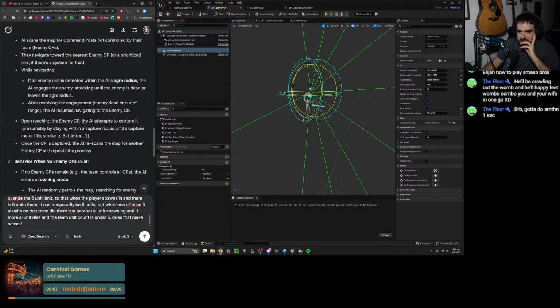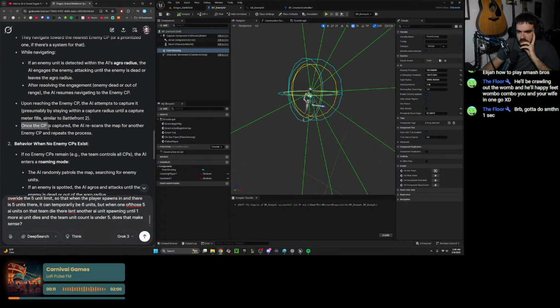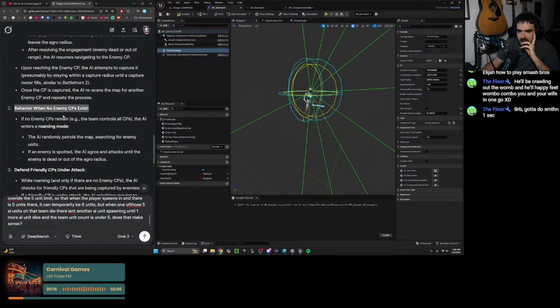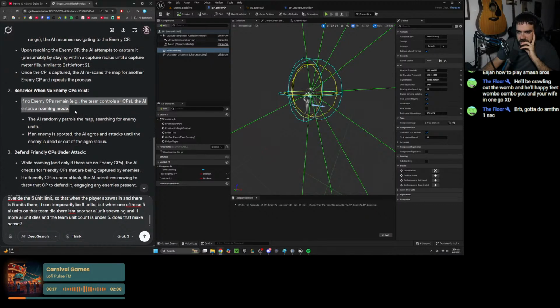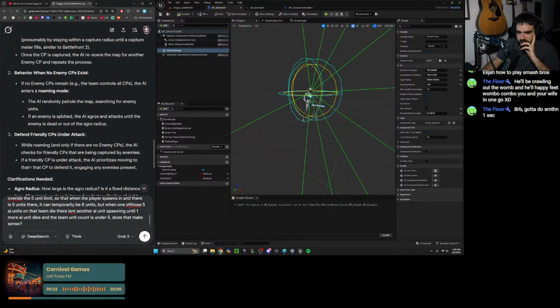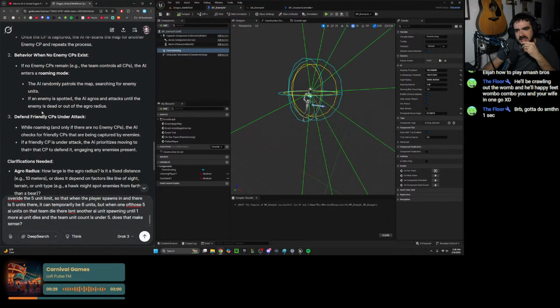Upon reaching the enemy CP, it attempts to capture it. Once the CP is captured, the AI rescans the map for another. If there's no enemy CPs, the AI enters into a roaming mode, patrols the map searching for enemy units. If an enemy is spotted, the AI aggroes and attacks the enemy